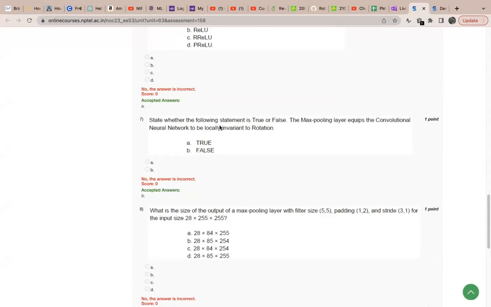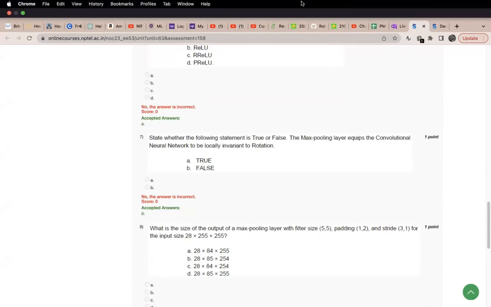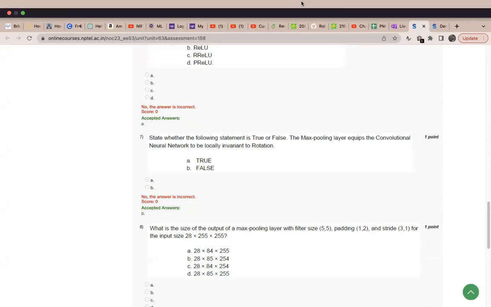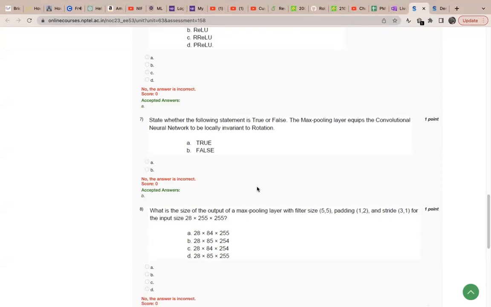State whether the following statement is true or false: max pooling layer equips a convolutional neural network to be locally invariant to rotation. Is convolution locally invariant to rotation? No, I guess. So what it is saying is that